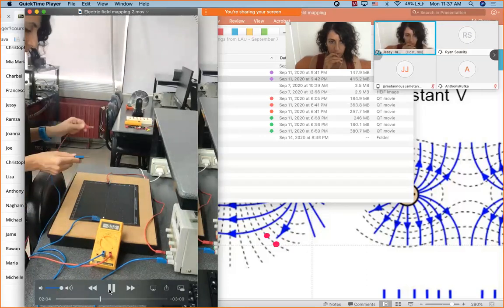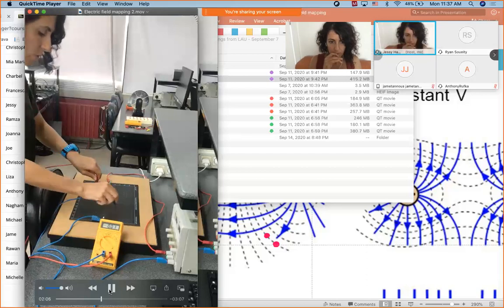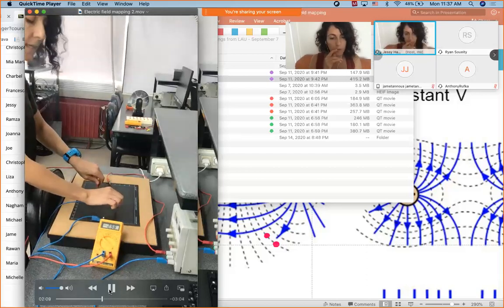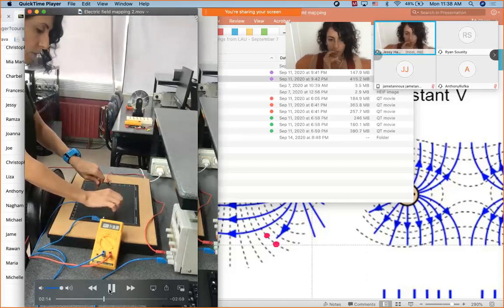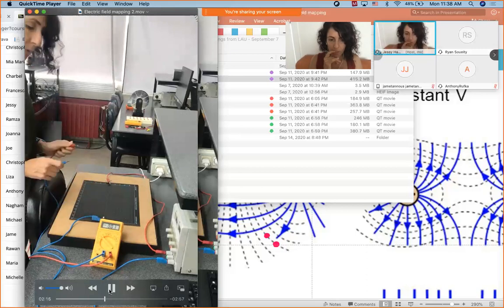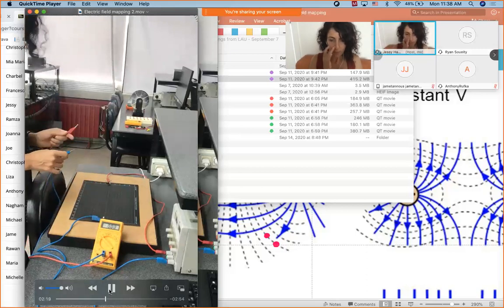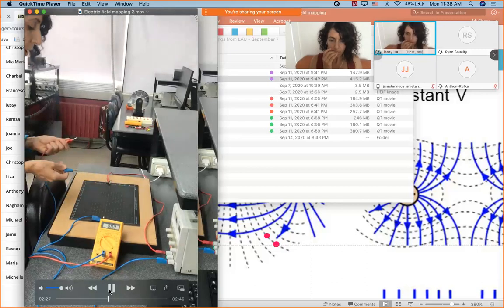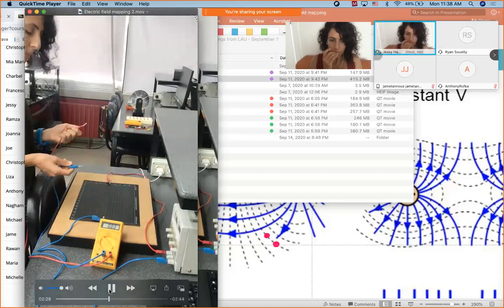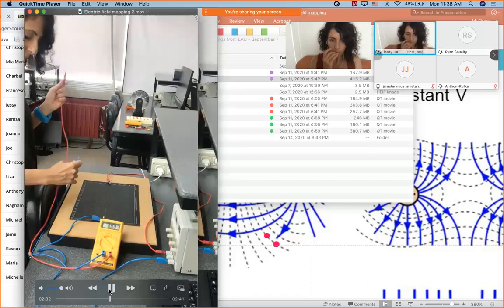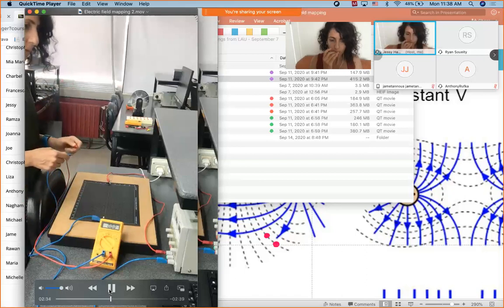Now, if I measure the potential difference across 2 different points on the paper, I can see that it's a non-zero measurement, which means these 2 points do not belong to the same equipotential line. Remember, points belong to the same equipotential line in case they have the same potential, therefore the potential difference is 0. Now, my job is to find equipotential lines and to be able to map them. So I'm supposed to find many points belonging to the same equipotential line, therefore having the same potential, therefore having a potential difference equal to 0.